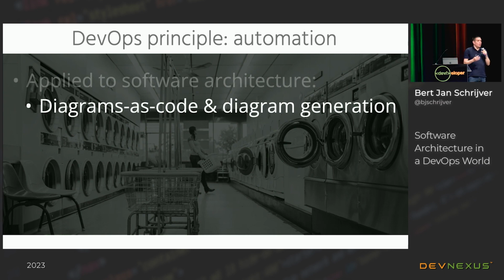Obviously this will only work to a certain extent. If you have a Java code base, you can generate some diagrams about class hierarchy, or maybe the components in there, but you're not going to generate an entire architecture diagram. So a typical approach is to code your architecture diagrams for the higher level, so maybe a system context diagram, a component overview, and then generate the diagrams for the lower levels.